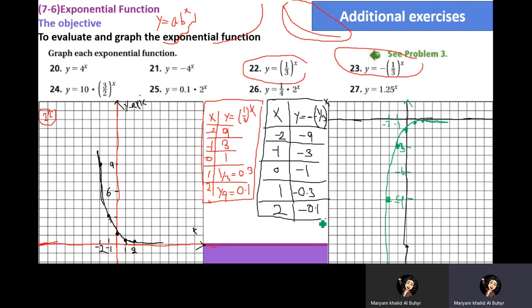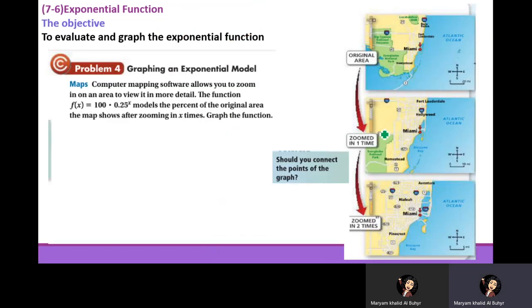So let me move to the next part. So here we have